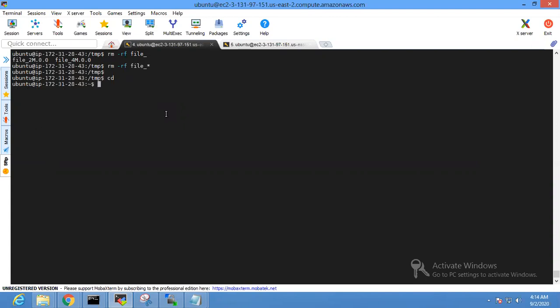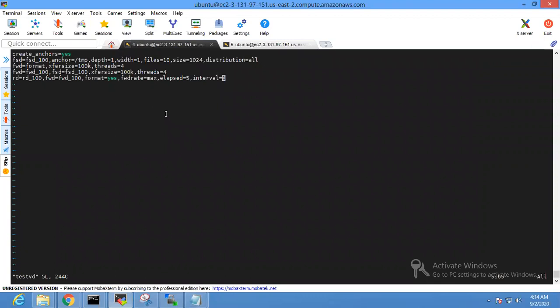Vdbench can be used for storage block devices, it can be used with tape, and it can be used for file systems as well. You can go ahead with the user manual, I've mentioned the reference. It has n number of features. It's basically a Java based IO tool.